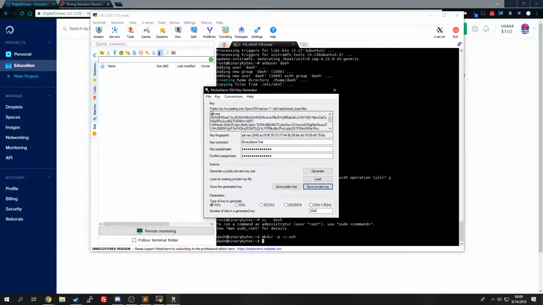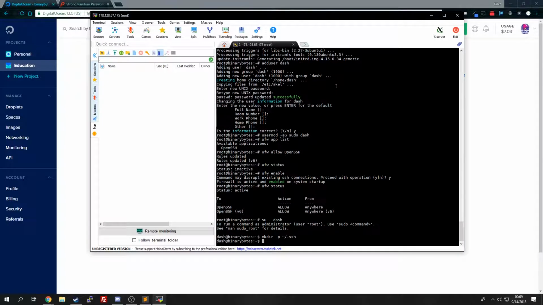So those are saved. We're going to copy this nice little string right here. Control C. Alrighty. So now we want to actually make the authorized keys file, which is going to be the list of keys that someone can use to log into that account. Remember, we are in our sudoers account. We're not in root, so we have to begin every command with sudo. So do sudo nano